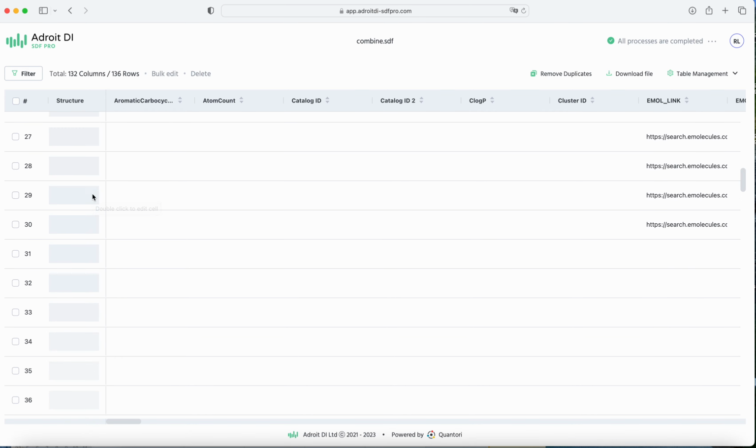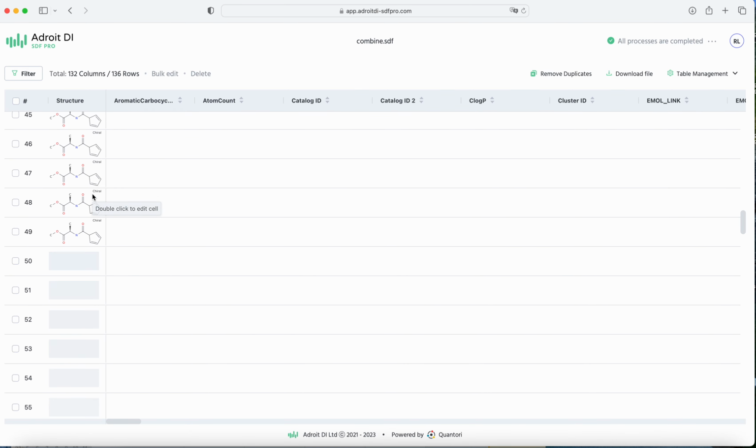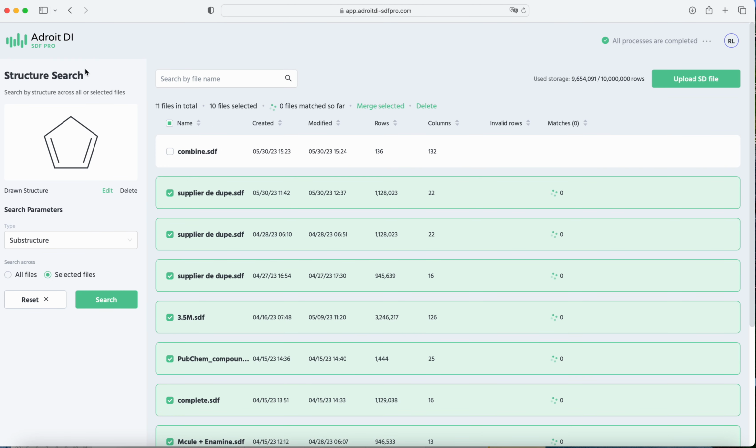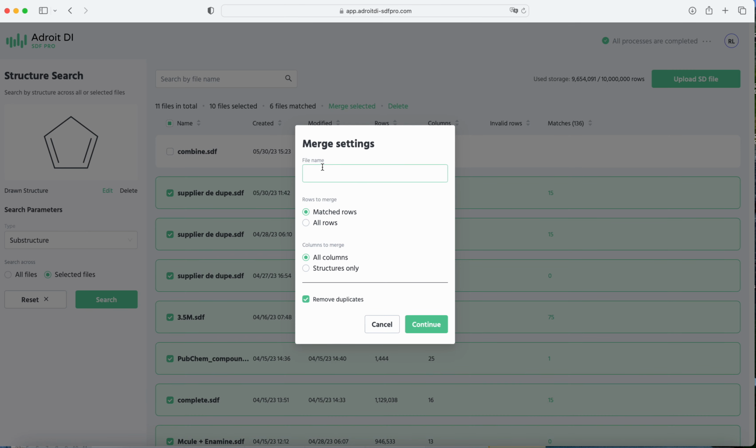You have 132 molecules. As you can see, there are quite a few duplicates in there. That's down to me creating the large data set. So you can see it's fairly useful. You've managed to find that within there. However, what you can do is do a true merge